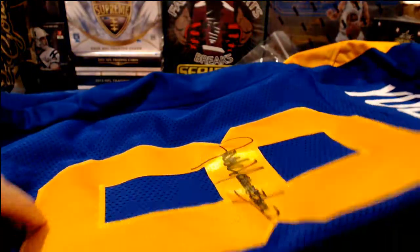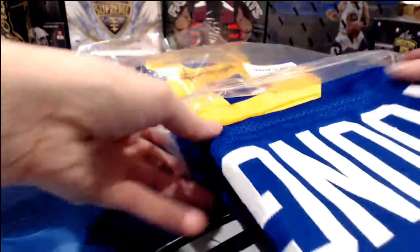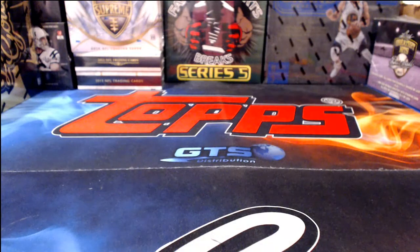See, that was an example of how it goes flying when you grab a jersey out of there, because that's what I did, thinking, oh my gosh, did they send us a jersey that isn't signed? Oh, that was going to be bad. I was going to be having a fight with somebody over that. But alas, we do not have to worry about it. I guess it really wouldn't be alas. That would tend to be a bad thing, I think, when you say alas, like sigh. It's not like that, so...